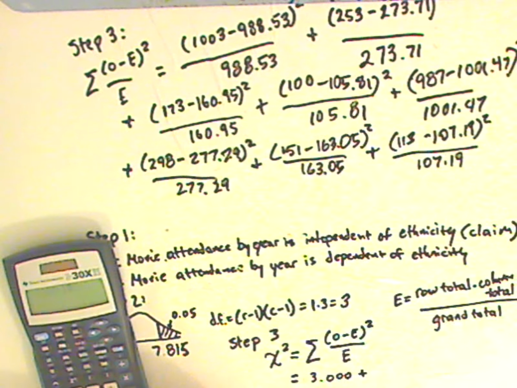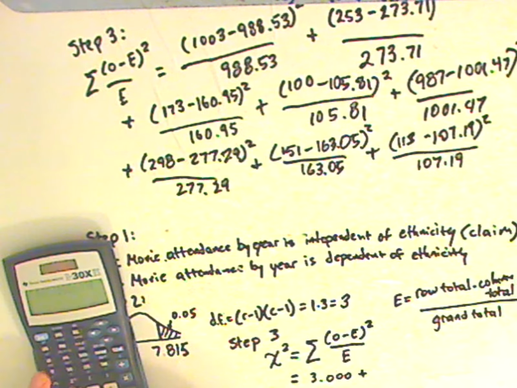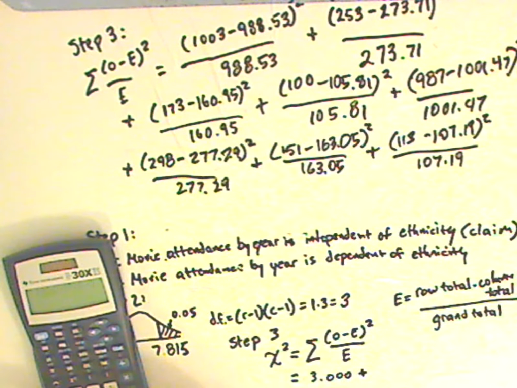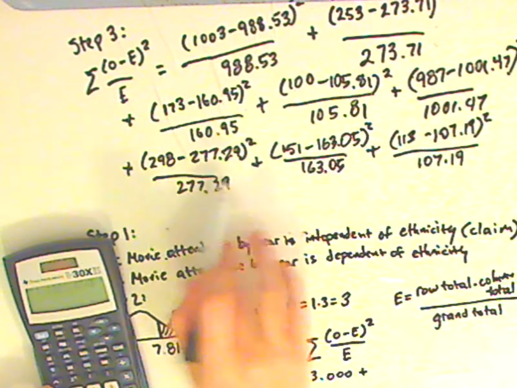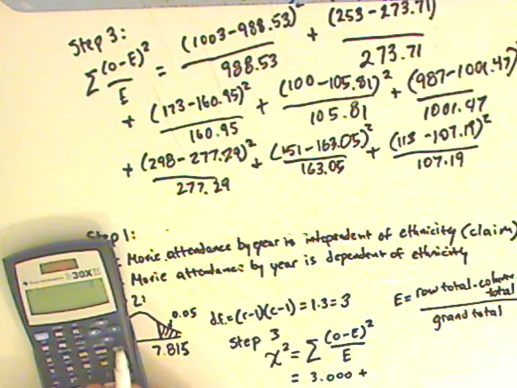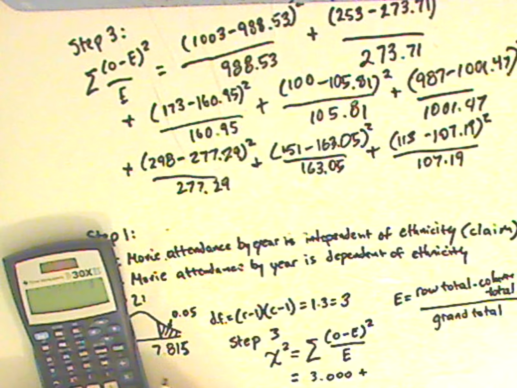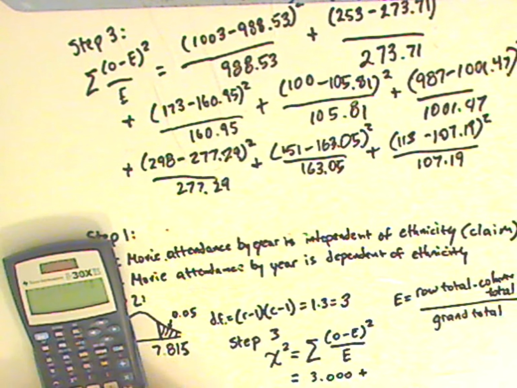987 minus 1001.47 parentheses squared divided by 1001.47 plus, and now I'm right here, almost done, 298 minus 277.29 parentheses squared divided by 277.29 plus 151 minus 163.05 parentheses squared divided by 163.05